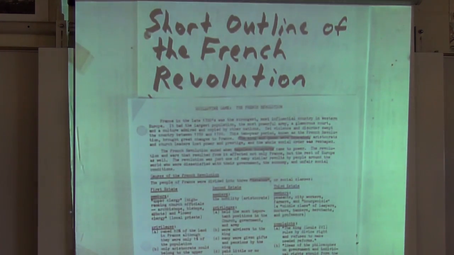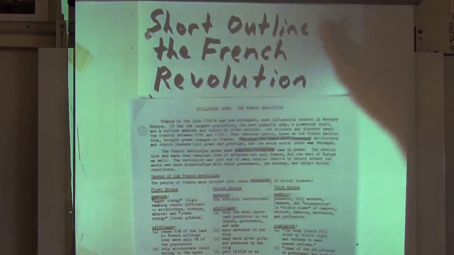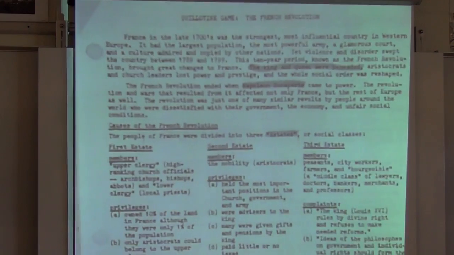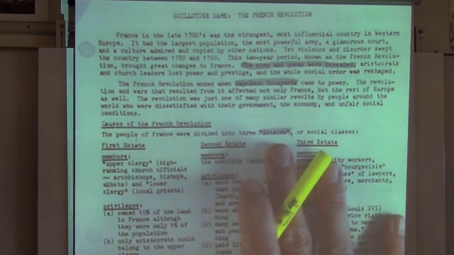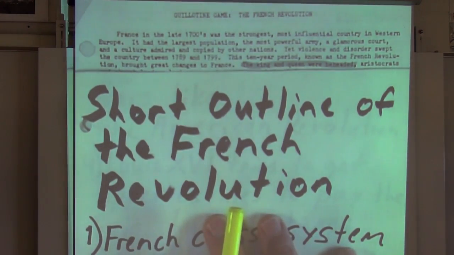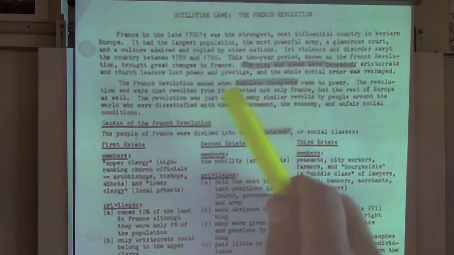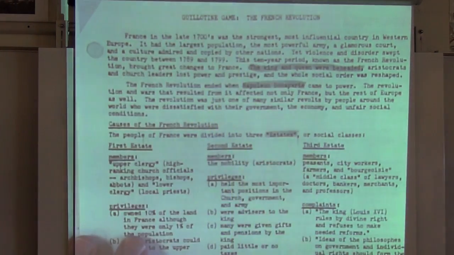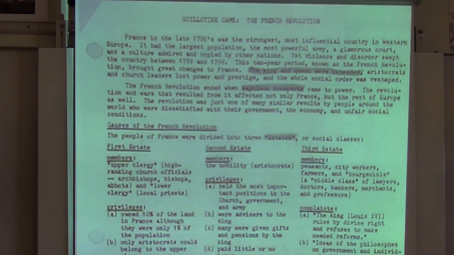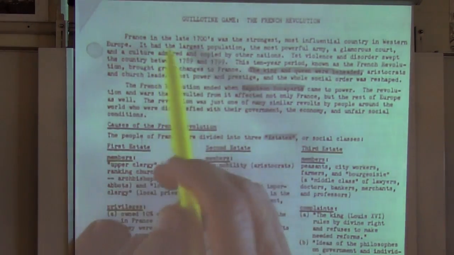One of the things that you got on your pickup day, hopefully, was this handout, which is called, if you look very carefully, the guillotine game. I'm going to divide this into two parts. I'm going to go through this guillotine game, and then I'm going to do this short outline, which you will write down. I'm going to do a little bit of highlighting along the way. The game itself is a fun game. We're going to play this game when we come back to class, which I have faith is exactly what will happen. So try to follow along with me.